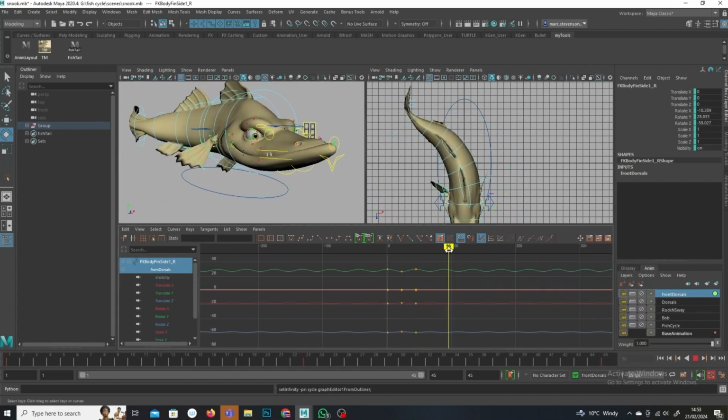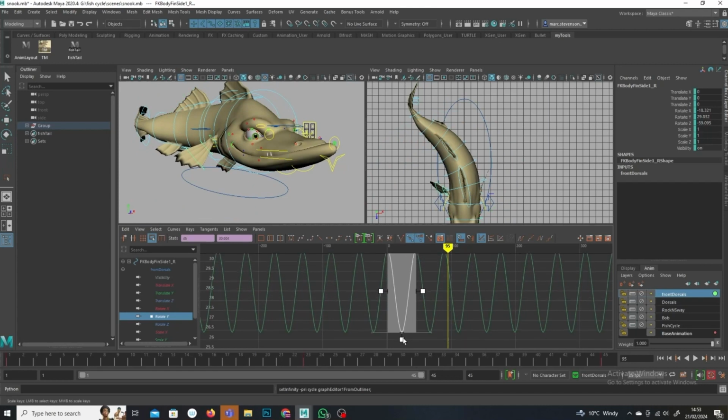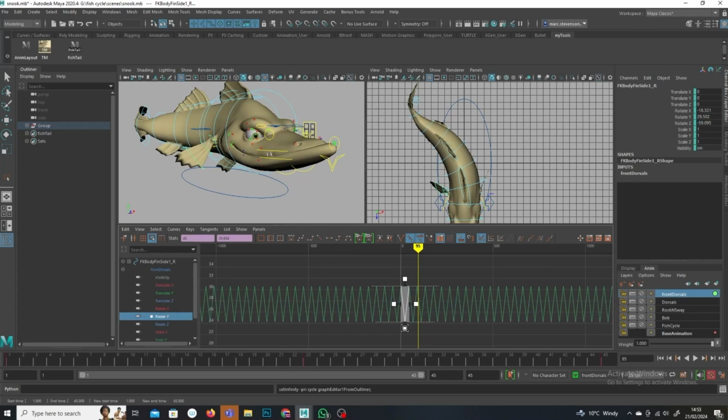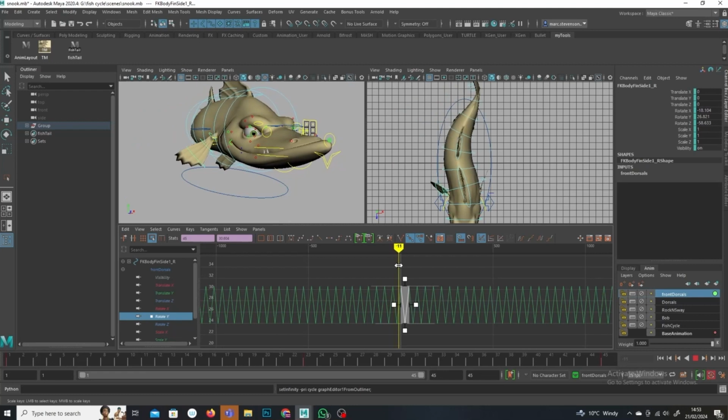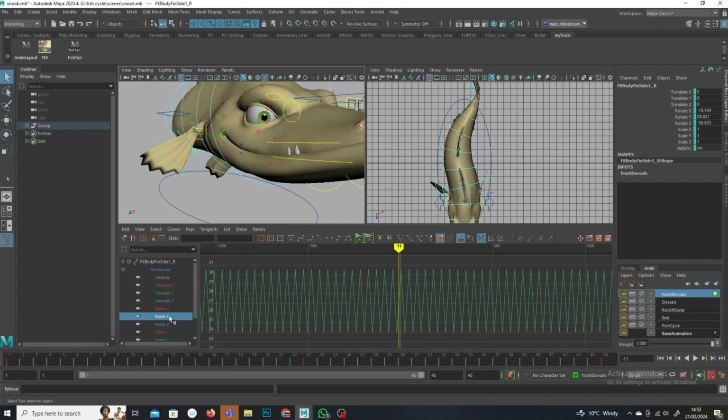Okay. Maybe crack that up a little bit more. It's funny, it's rotate Y all the way. I was kind of expecting I might have to rotate in a different axis as well, but nope. It looks like it's been this axis. So a bit of that, and then I'm going to take this rotate Y,